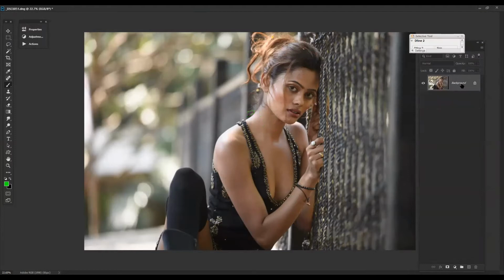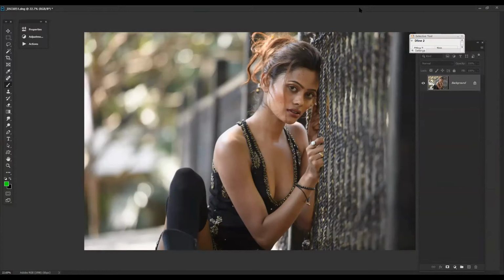So the first and foremost thing is planning out a retouching: what to retouch, what to make a check layer, make a pointer layer of the images, what you want to work on and what you don't want to work on. That's a very key thing during retouching.